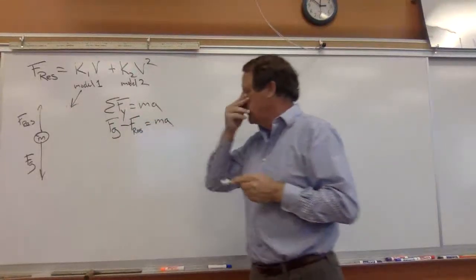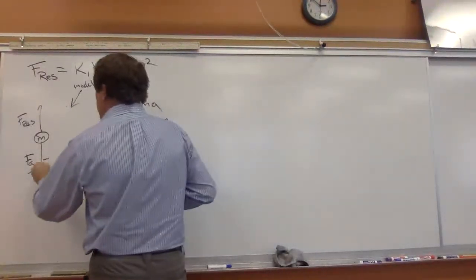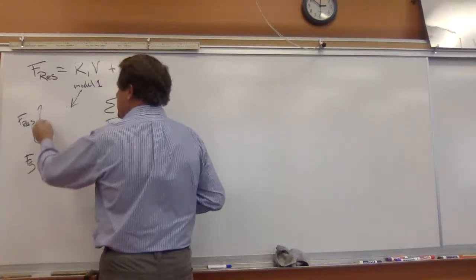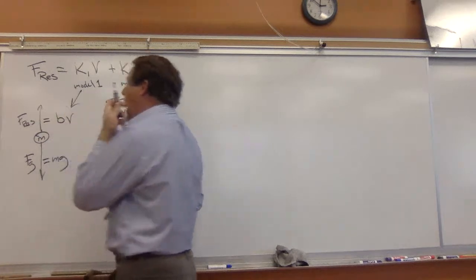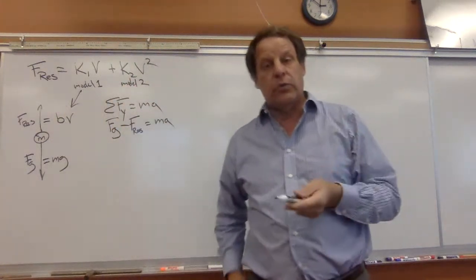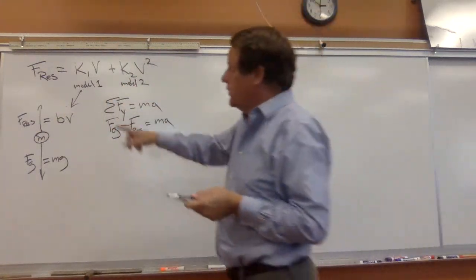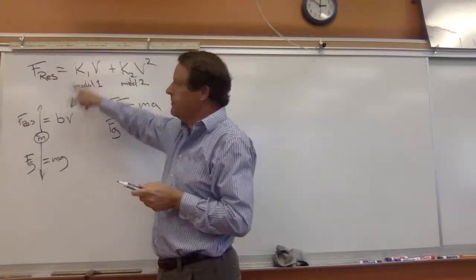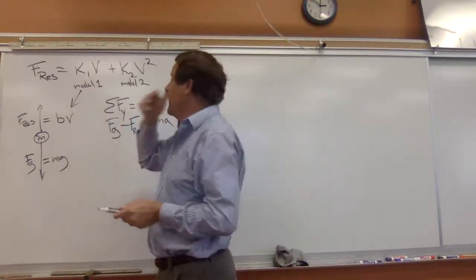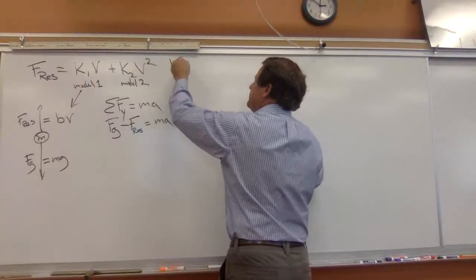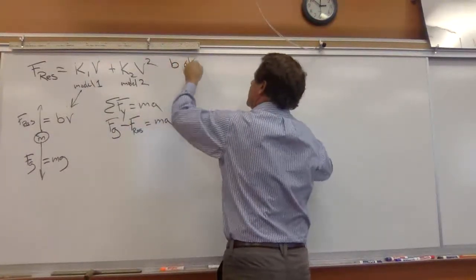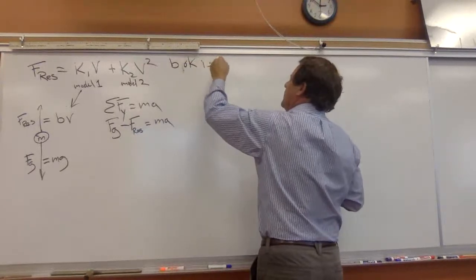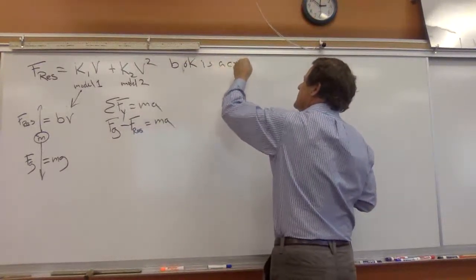So now we're going to be a little more specific here. We know that the force of gravity is going to be mg. And in this case, that resistance force is equal to bv. So essentially, this b and this k are the same thing. Okay, so b or k is a constant